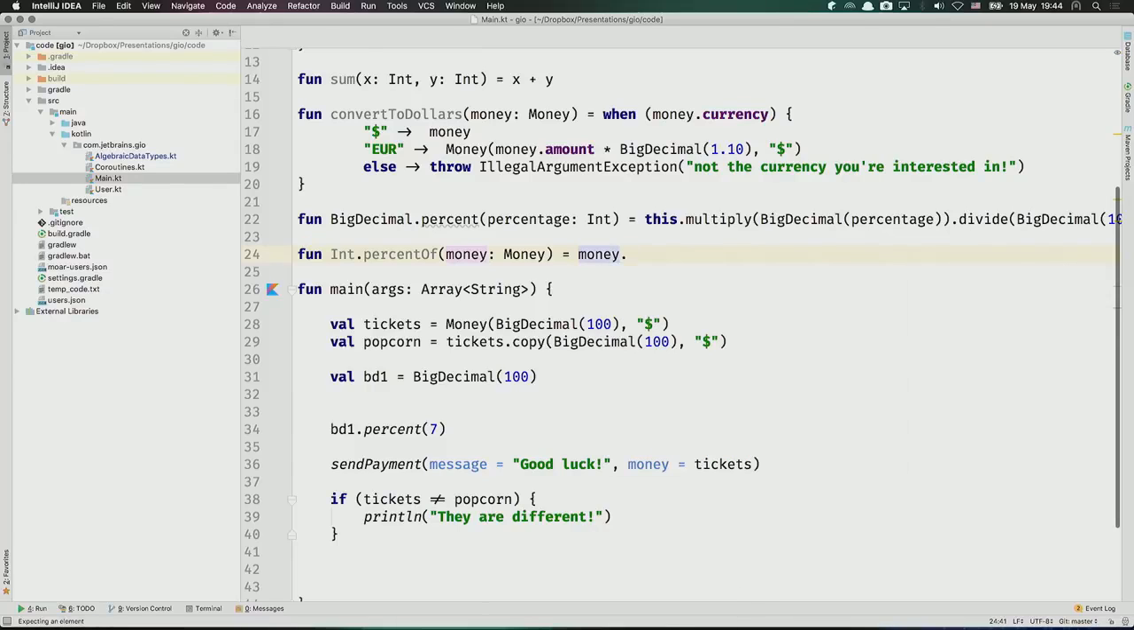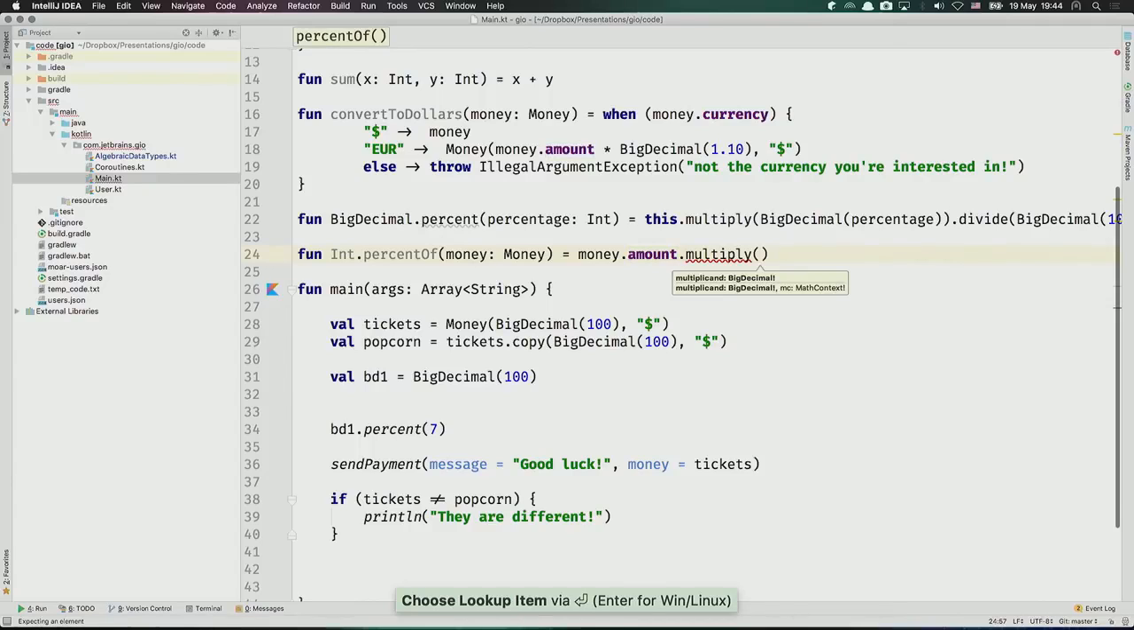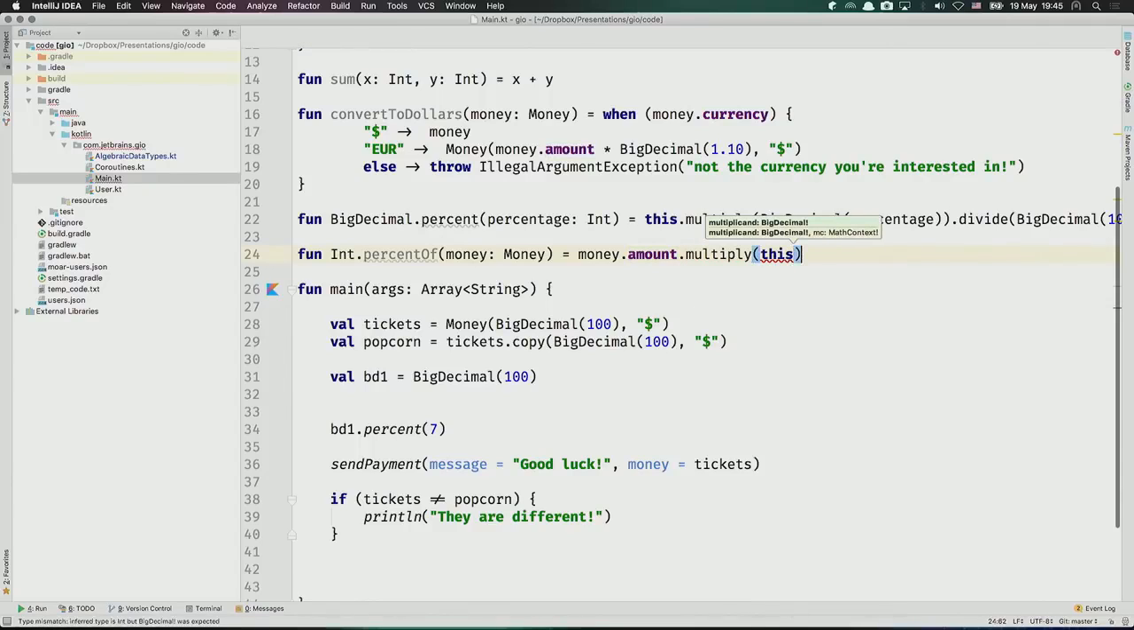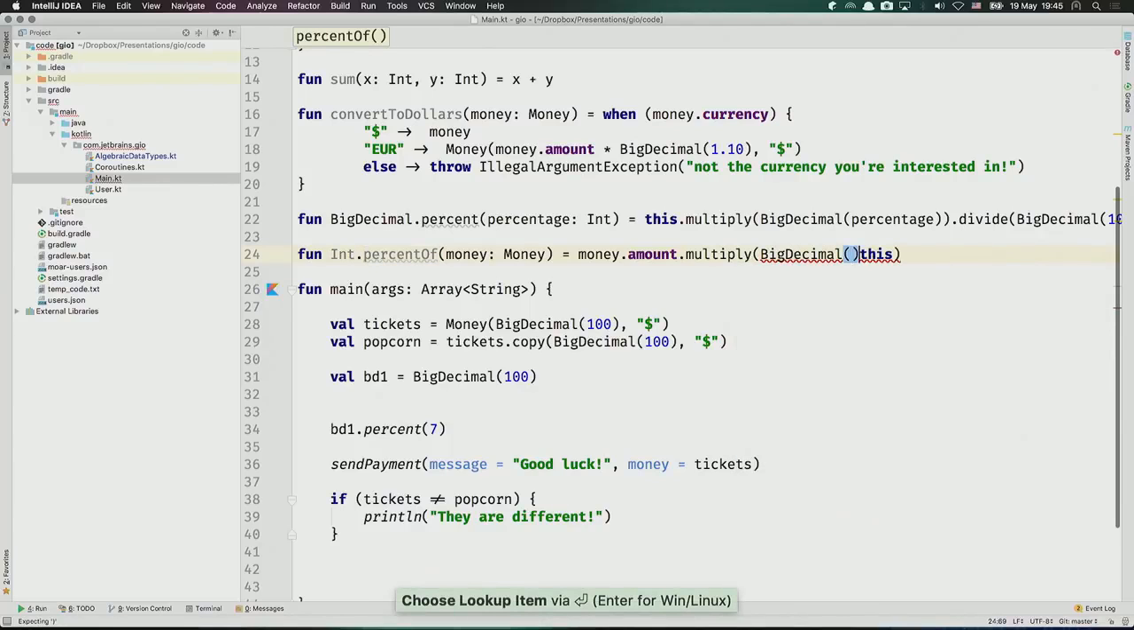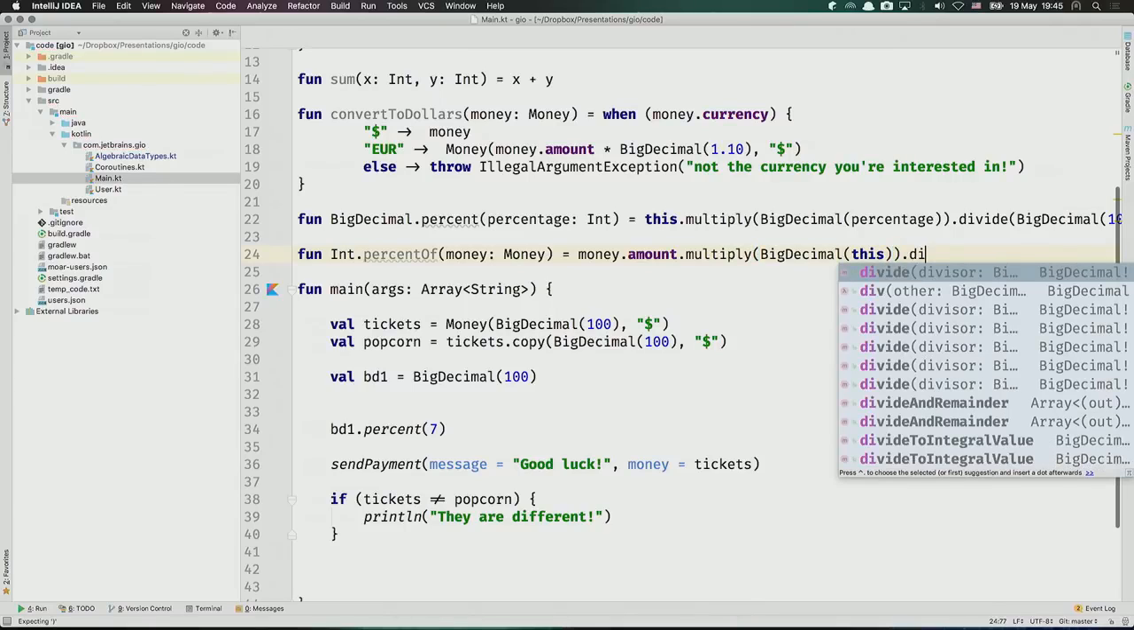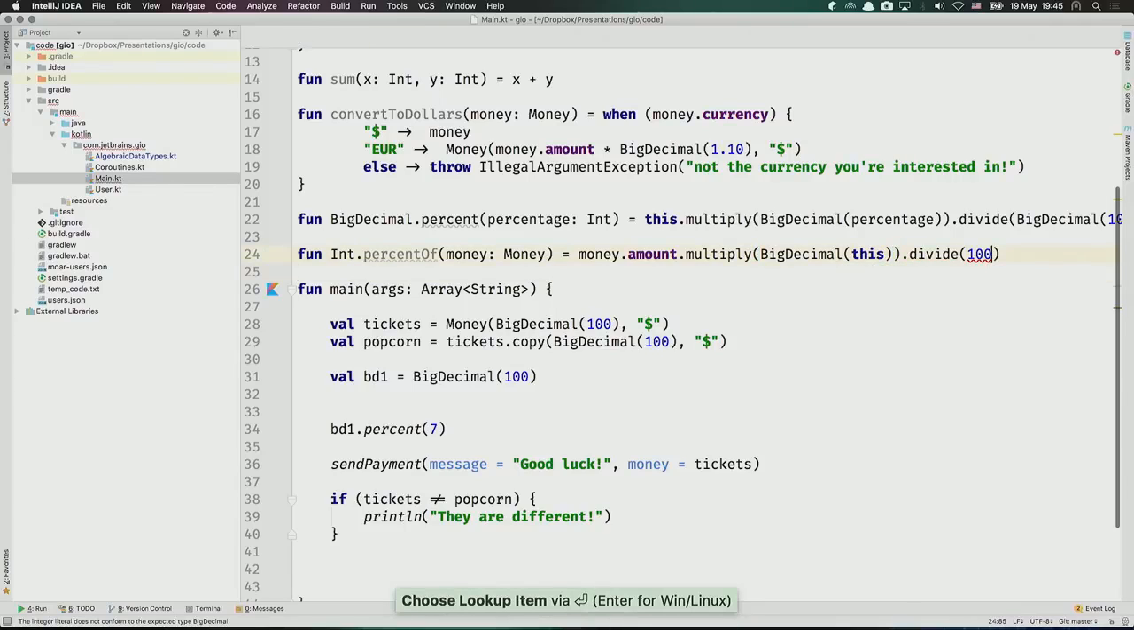Then it will be amount, multiply. And then here, it's going to reference the actual instance. So it will be this. And again, this has to be wrapped in big decimal. And then divide by 100. OK? And I think I got that in the right order. If the implementation is wrong, doesn't matter. Who cares? Anyway,